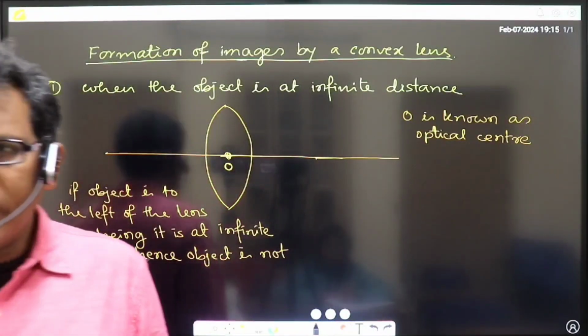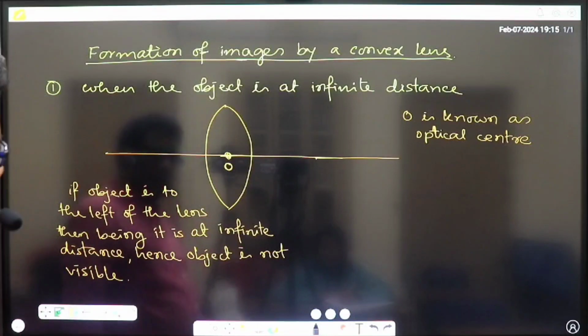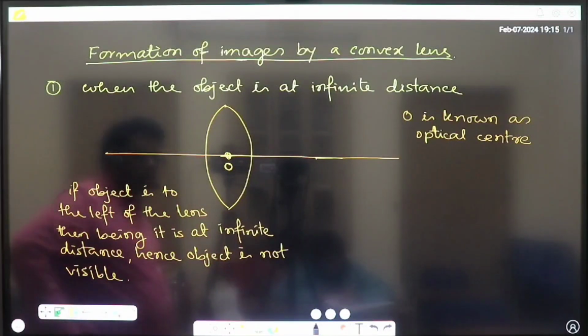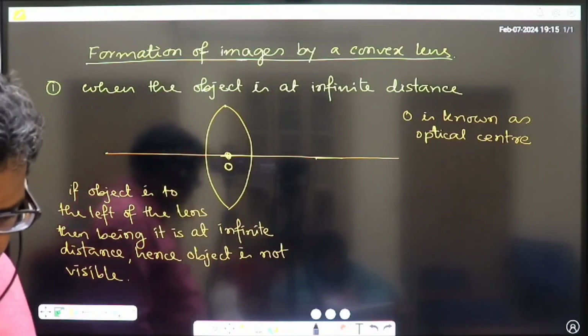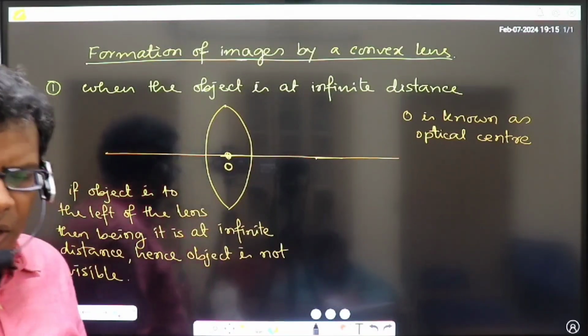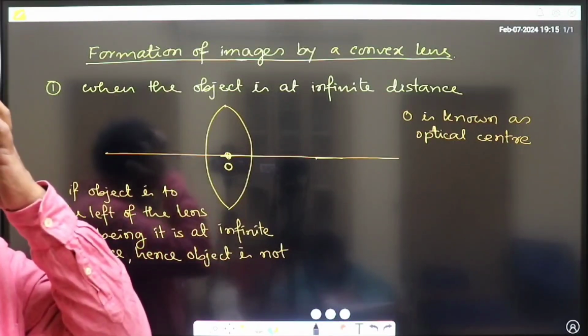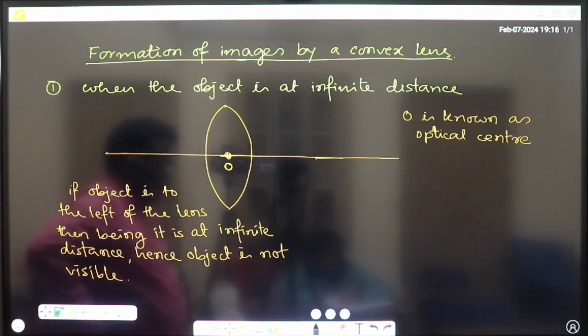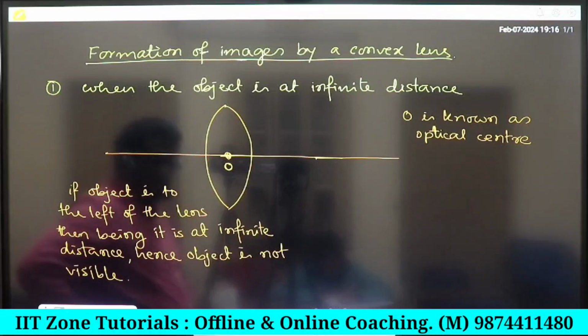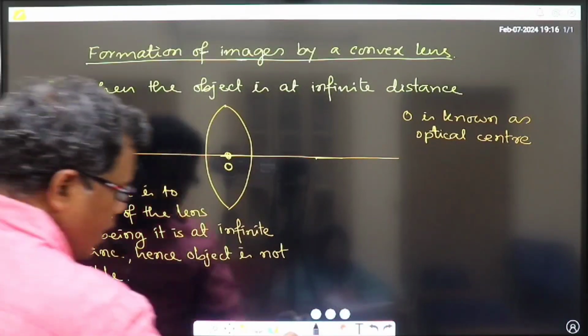As the object is considered to be at infinite distance from the convex lens, we basically cannot show the object in the diagram, because it is located far away from the lens. So that's why, with respect to the position of the lens, we cannot draw the object as a visible item, right? So that's why we will consider